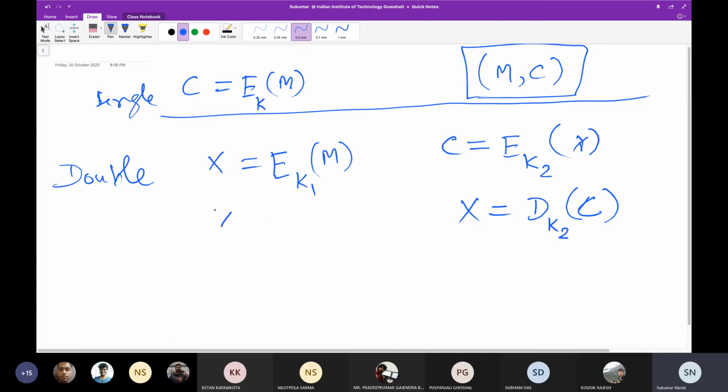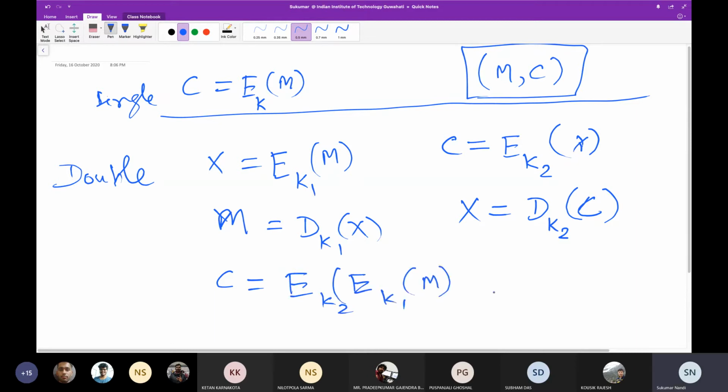Once it is done, then we get M equals DK1 of X. So the reverse order. In short, we can write C equals encryption of K2, E K1 of M, and for decryption we can write M equals decryption of K1, decryption of K2, of C.